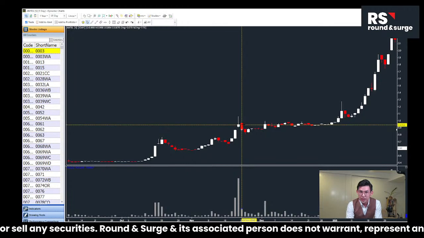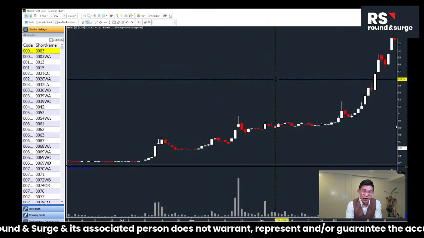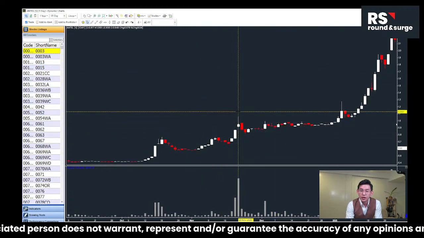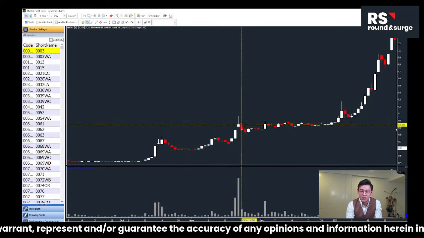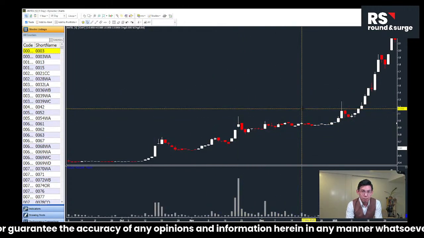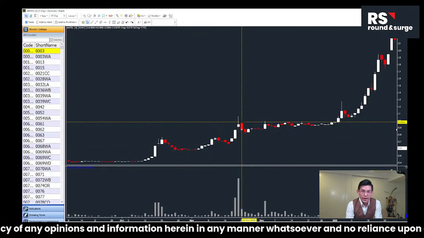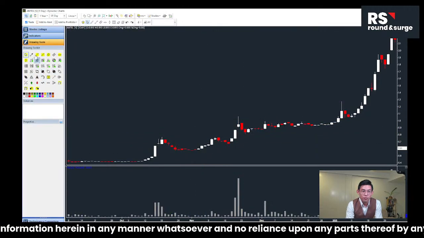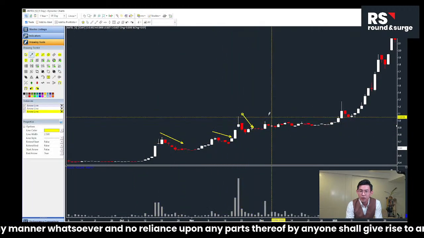They have not transacted yet, so we can't say that is the support. Looking at it, the price is moving up higher, so the big boys are taking profit. You can't say these are the support, because the big boys are marking up the price and then they try to sell on the way up. Once they see there are enough buyers queuing at the buy side, that's where they start to throw the price down lower. So you can see all of this price movement, price down, price down, price down, are the